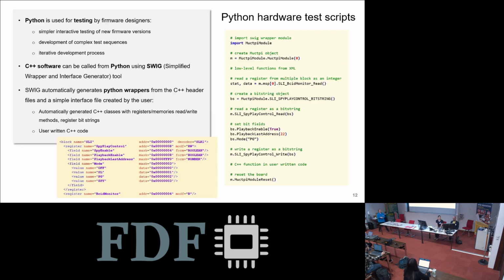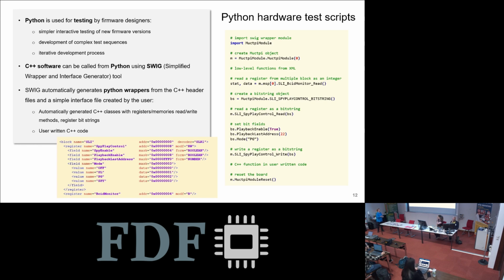We also like to use Python in our test scripts. Python allows us to do an iterative development process, so it is very easy for us to change something in the XML, then adjust our firmware, and then the software and our Python test scripts are automatically adjusted to the change that we made. That's why we can do multiple changes and